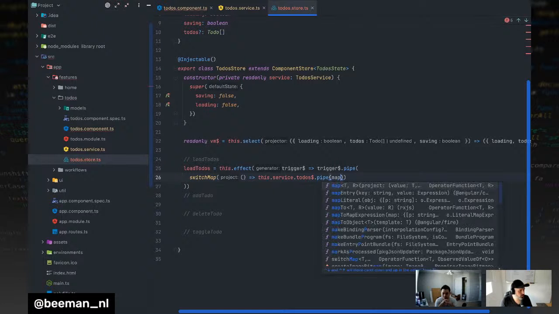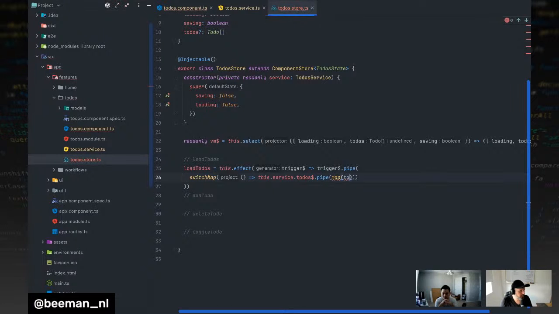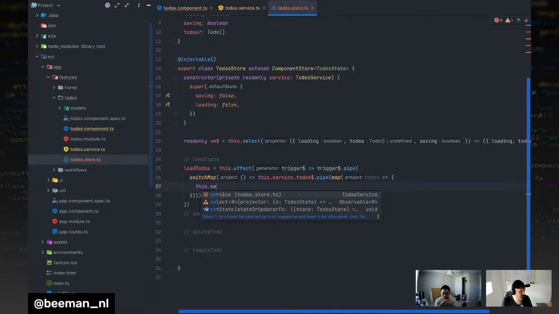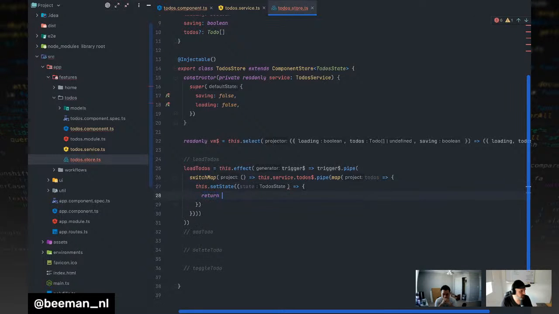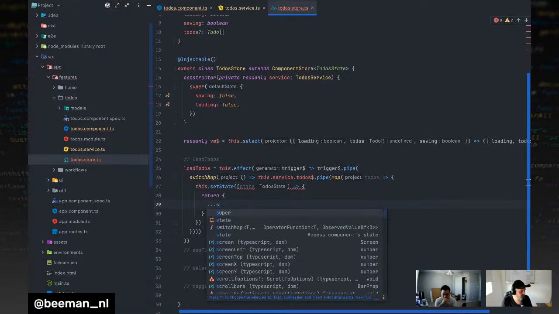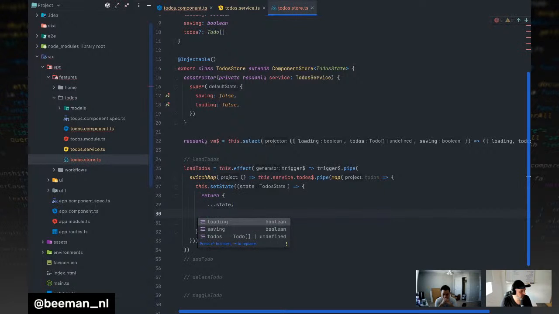So I can now use the normal map, take the to-dos, and use the setState method, which takes the state and returns a state. So I'm going to return an object, destructure the state. And this should have auto completion. And now we're going to say load the to-dos. And if all went well,